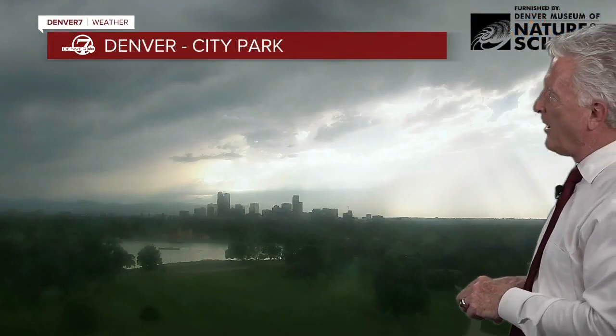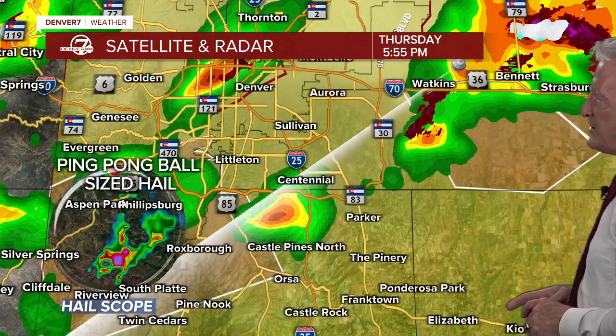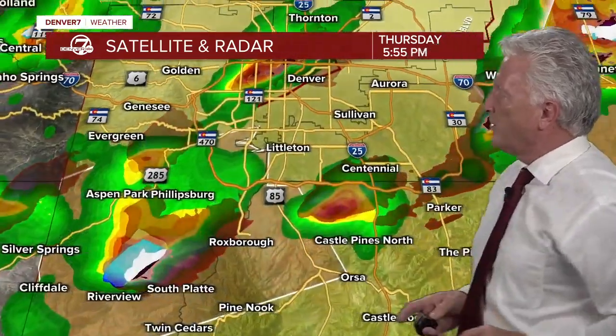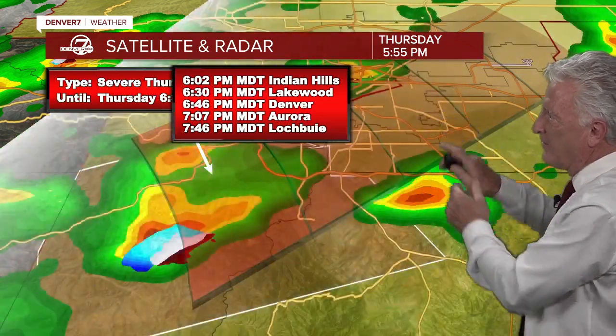As far as what the Denver area looks like right now, we've had the storm clouds move through a little bit brighter, but here comes the next one. That's a lowering coming in from the southwest. That's the next round of thunderstorms, and we have severe thunderstorm warnings in effect now for parts of Jefferson County into western Douglas County, and this is the next one that may produce up to ping pong ball sized hail as it's moving toward the northeast. So that storm is going to be pushing in across the southwestern part of the metro area, Indian Hills heading toward Lakewood and Denver, parts of western Aurora during the next 45 to 60 minutes as that storm comes off